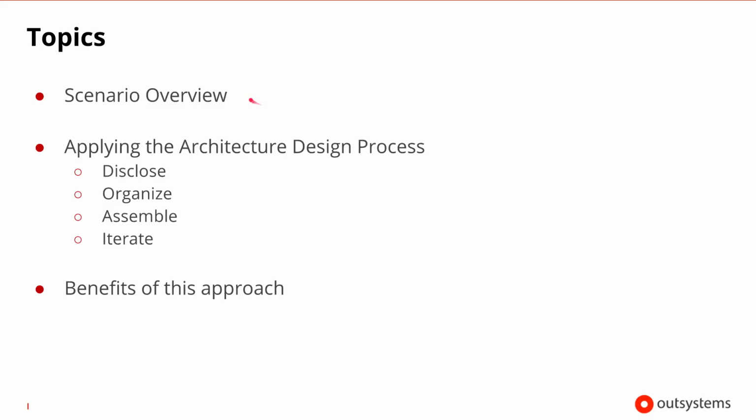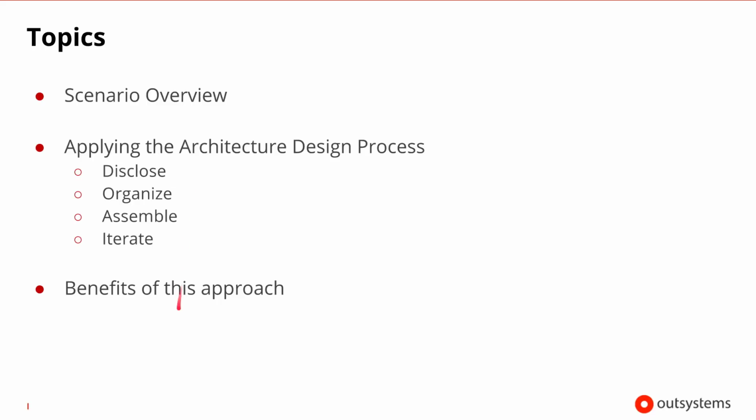So we'll start by reviewing the scenario that we're going to be looking at, and then we'll begin applying the architecture design process. And that includes the three steps which we've talked about in previous sessions, which are disclosing the business concepts that are important, organizing them on the four-layer canvas, and then assembling them into the final modules that we'll actually be needing. And at any point during this process, we may iterate between the steps, because if we learn new things and need to disclose things, we may go back to the beginning and start iterating through the